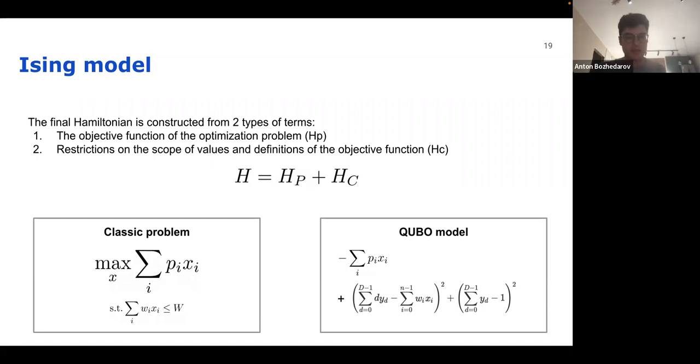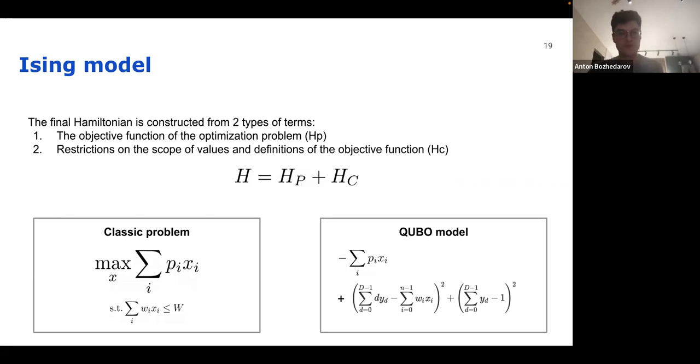Probably the Lagrangian optimization technique is very similar to this kind of problem that we used, but that was constrained optimization. Right now we have an unconstrained optimization model, but our constraint is added to the cost function here. Of course, we could have some additional weights before the HP and HC terms that correspond to, for example, should we violate the constraint or not?